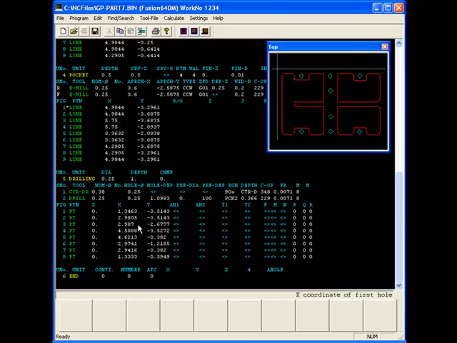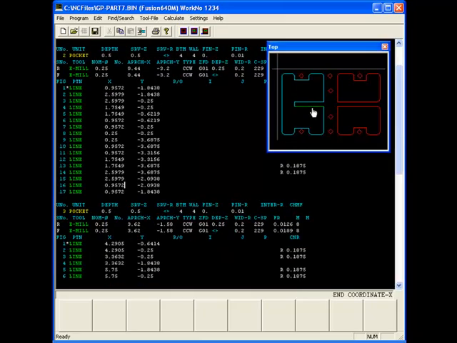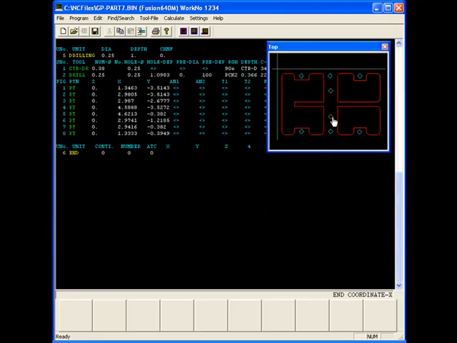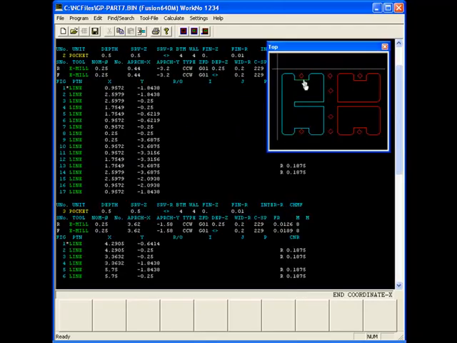Also, the reverse is true. That is to say, I can click on some geometry and it will move the cursor to the process that made that geometry, and the cursor itself will be put on the shape line that actually generated that individual line that I'm pointing at. If I click on that circle there, you see that came from this drilling process right here. If I click on this line here, you see it came from that line there.